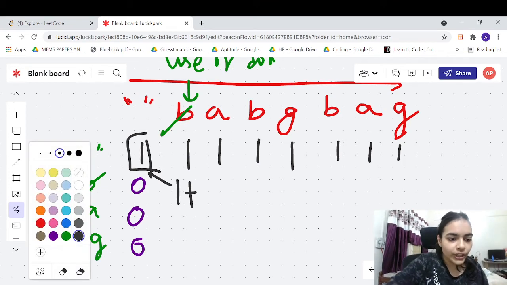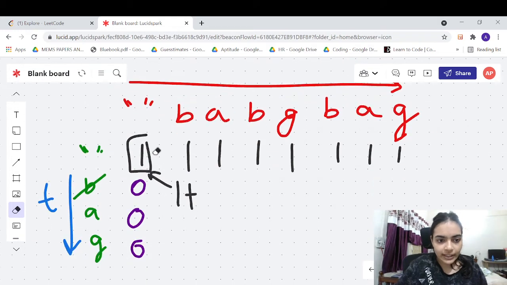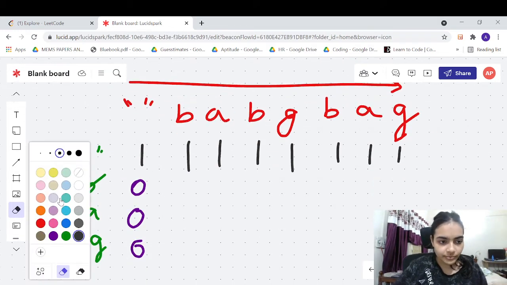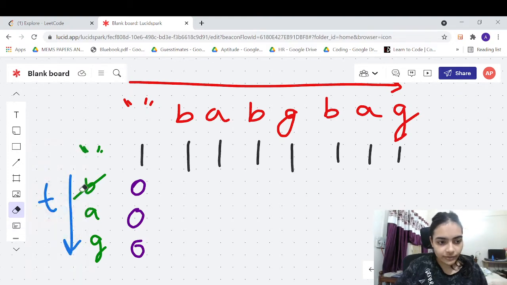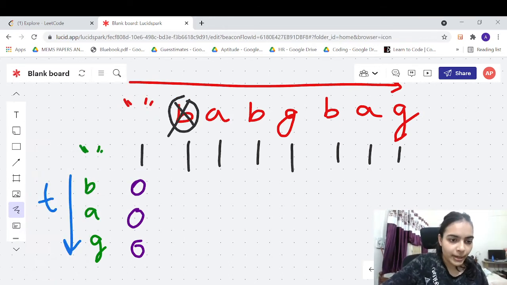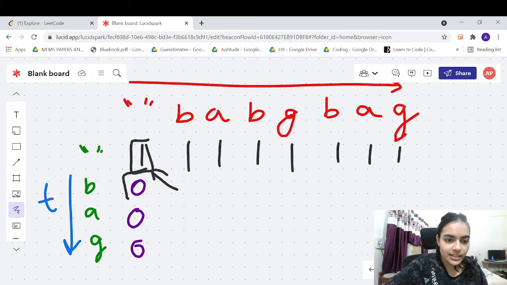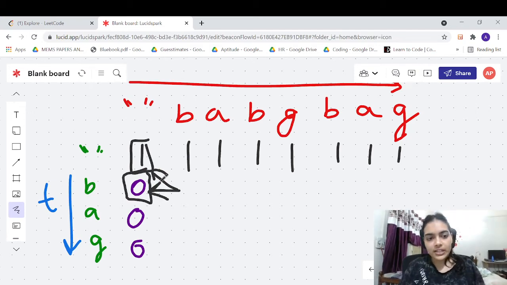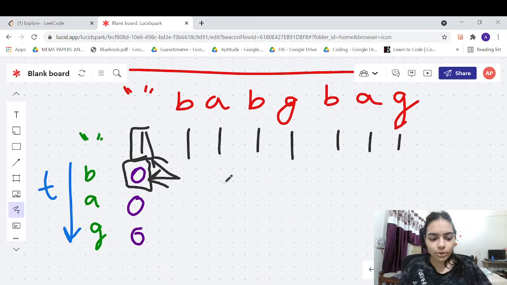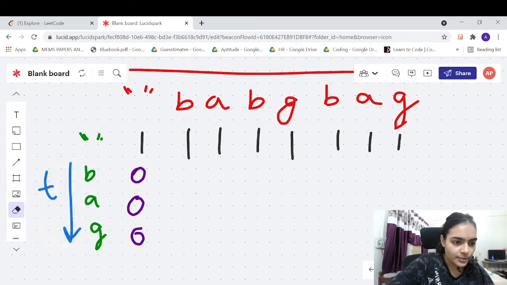What if we do not use this B? If we decide we are not going to take this B, can we somehow make the character B without using the first B that we have? So we don't want to use this, but we want to make B. How many ways can we do that? 0 ways, right? So basically what we are doing is we are just adding up these two answers to try to form the character B. So 1 plus 0 is 1, and the answer will be 1 for this particular case.